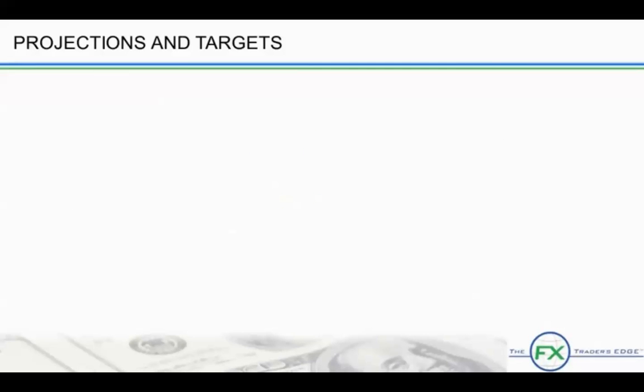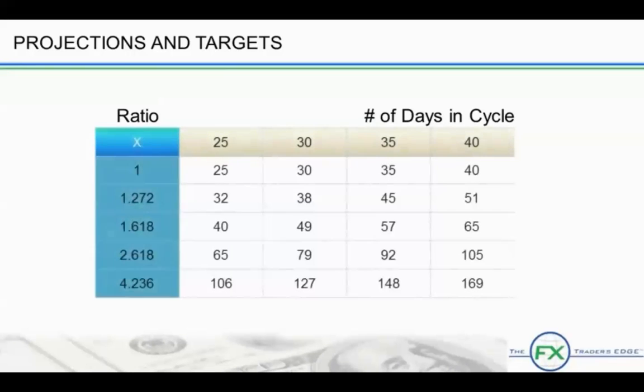Another way to use Fibonacci time targets is through ratio analysis. Take Fibonacci ratios multiplied by the number of days in the up or down cycle to find subsequent cycle highs and lows. For example, assume the current cycle is 30 days. One would project the next cycle using Fibonacci ratios, where the next cycle would end close to 30, 38, 49,